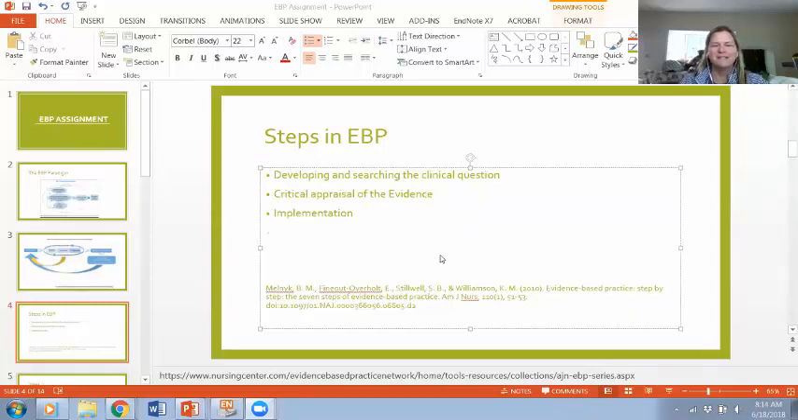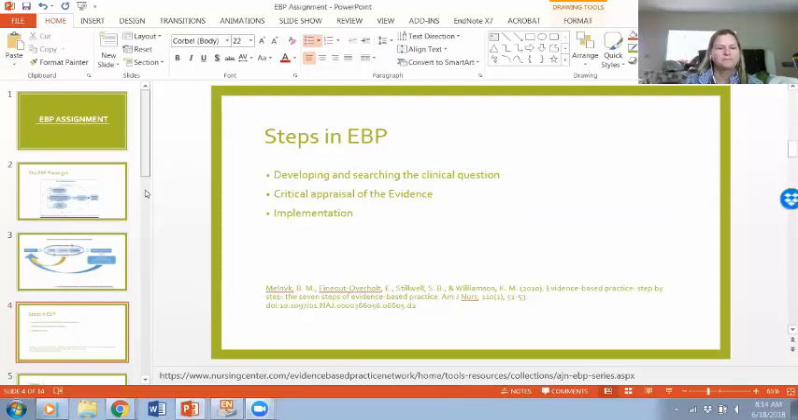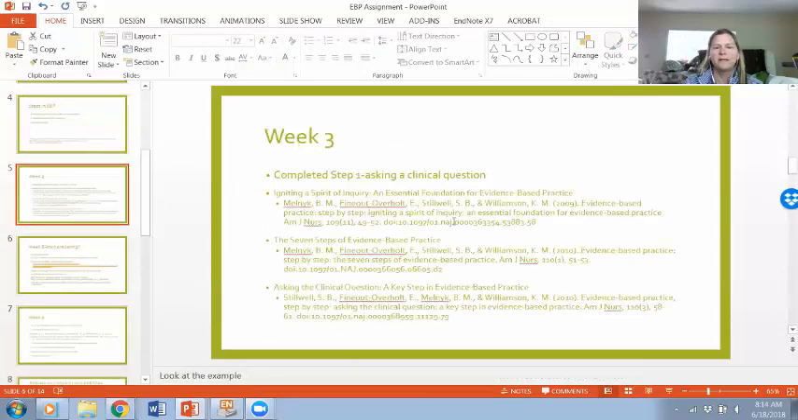We have steps. The grand, big, overarching steps in our EBP are to develop and search a clinical question, to critically appraise the evidence, and then to implement best practices based on what we found. So week 3, we already did step 1, right? We asked the clinical question, and what I had recommended for readings in step 1 were these